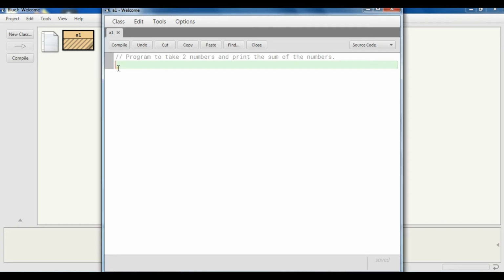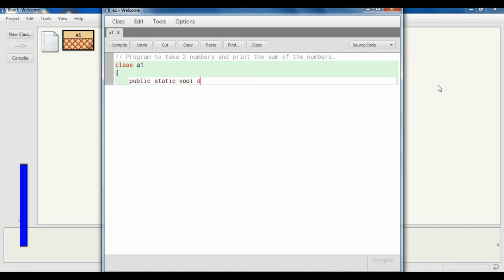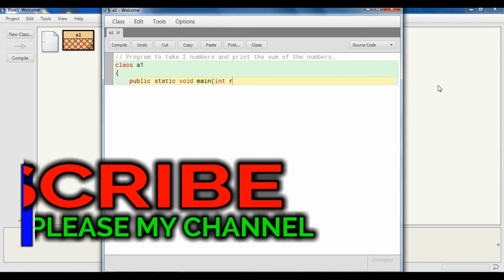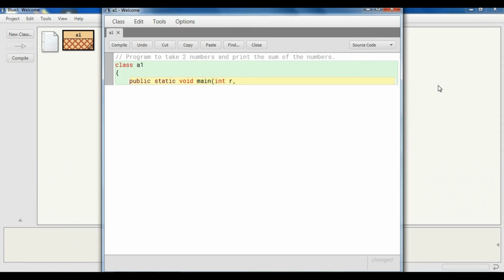So here I've created a new class A1 in the program code editor window, where we should write class A1. Okay, class name and public static void main. And in here I should take two numbers, r and t. Okay,